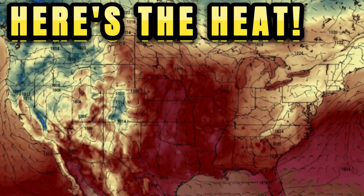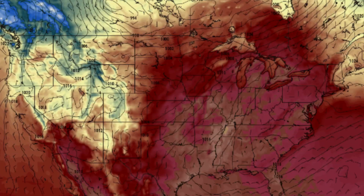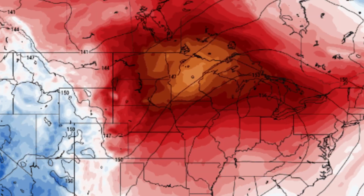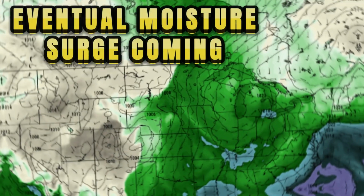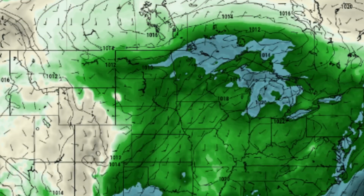As of last check, the astronomical and meteorological seasons have turned to fall, yet we're looking at temperatures into the 90s as far north as almost to Canada, with a new heat dome building over portions of not only the central part of the country, but also towards the east. Eventual moisture surges are coming with that system as well,